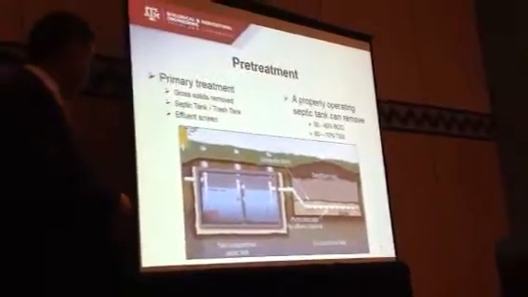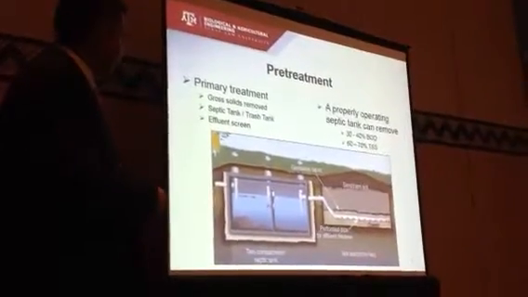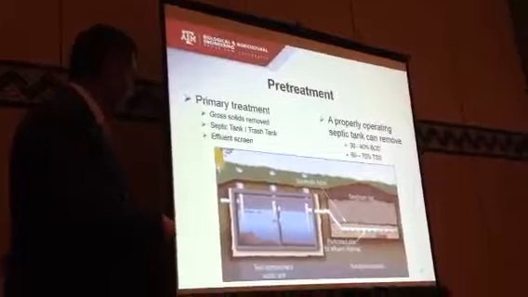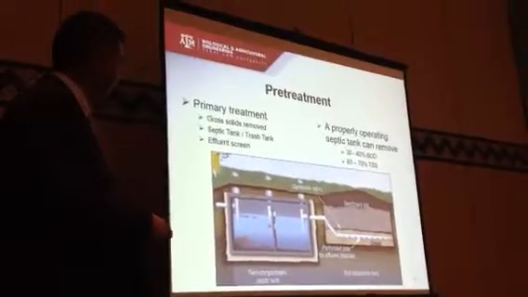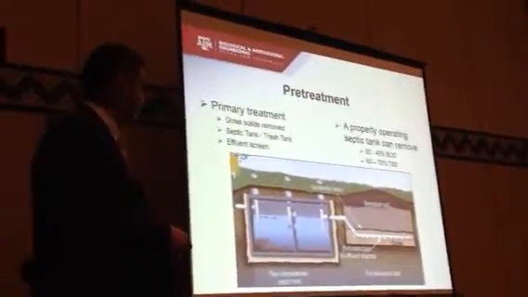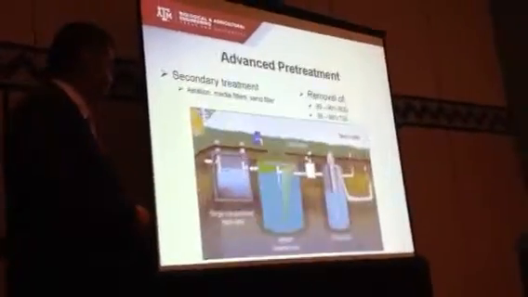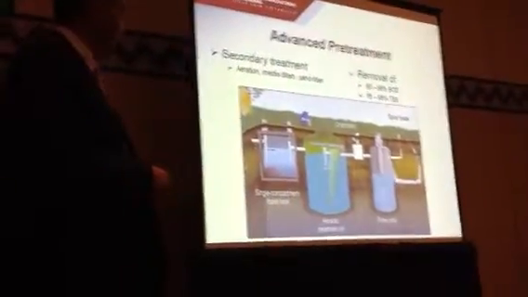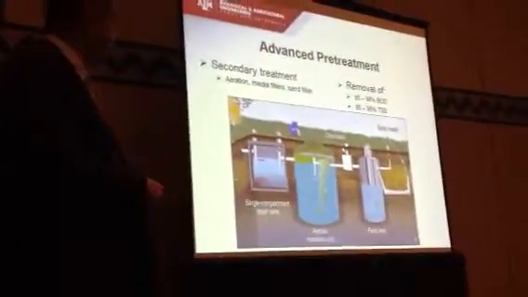This is just a quick overview of what it is. It's basically what we call a two-compartment tank, and hydraulic load comes in, and the wastewater stays here, the sludge settles down, and then you have scum layers here, oil and grease, and then the water goes through the perforated pipe for further treatment. This is the aerobic system, where you have a constant aerator pushing the air, aerating microbes